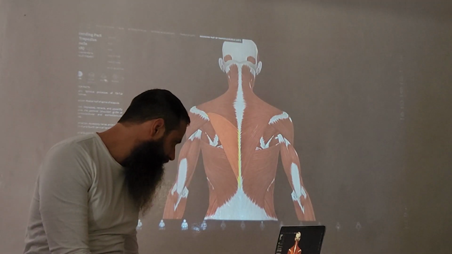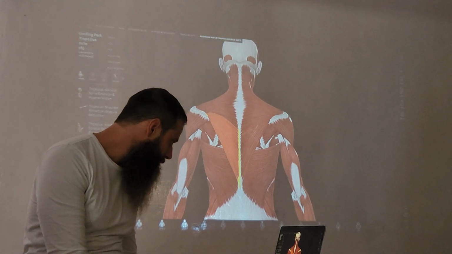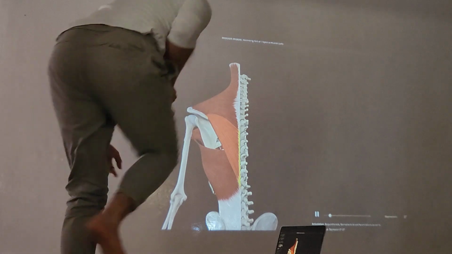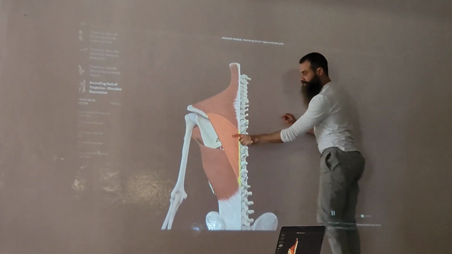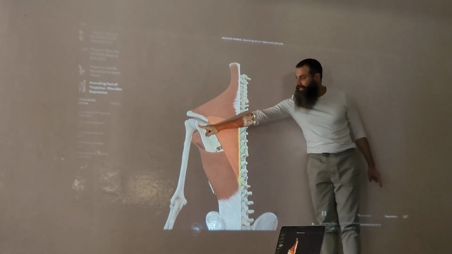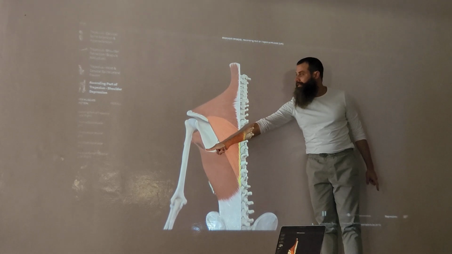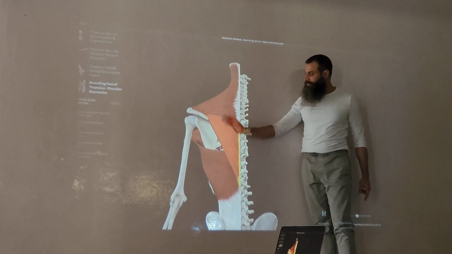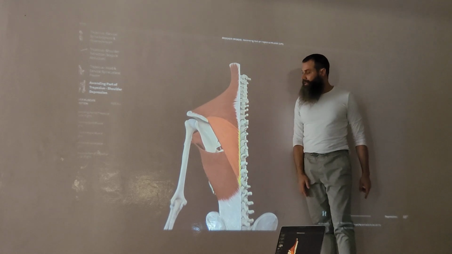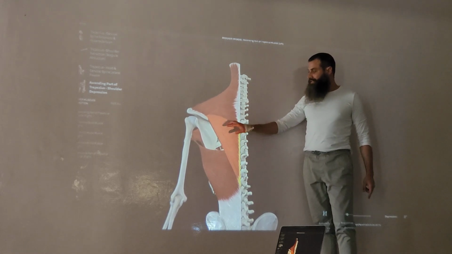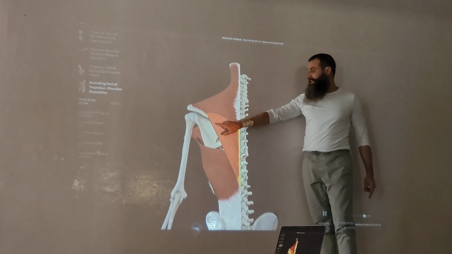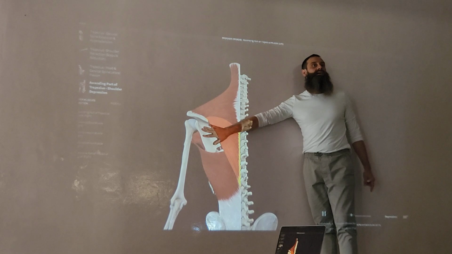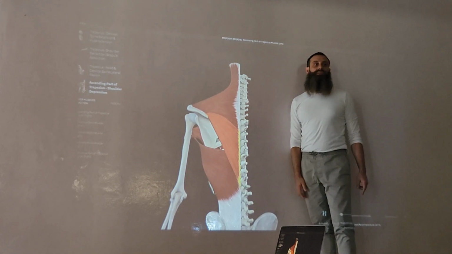So if we are going to see the movement, this is the movement of the lower part of the trapezius, you see? To move the shoulder and the arm back down. And this is the action of the trapezius, to bring the shoulder blade down. So these three muscles that we see, the rhomboids, the serratus, and the lower part of the trapezius, are the three muscles that stabilize the shoulder blades.